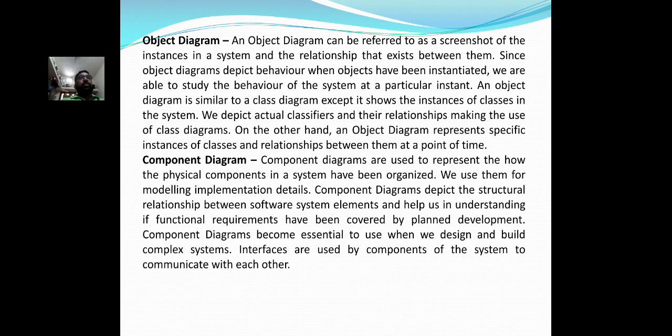Next, component diagram. Component diagrams are used to represent how the physical components in a system have been organized. We use them for modeling implementation details. Component diagrams depict the structural relationship between software system elements and help us in understanding if functional requirements have been covered by planned development.